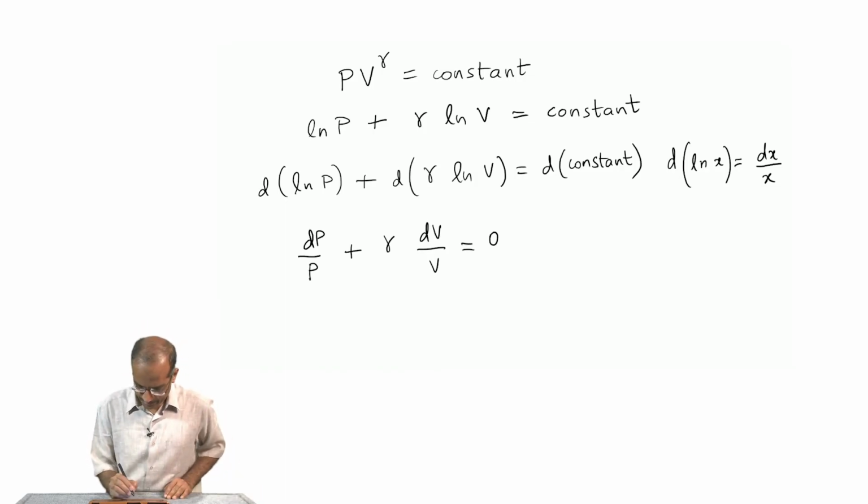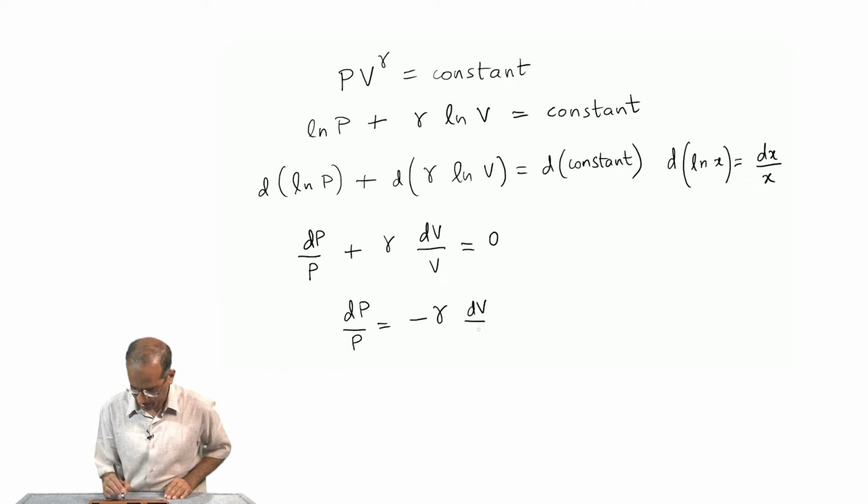And this can be rearranged differently. So, dp by p will be equal to minus gamma into dv by v,